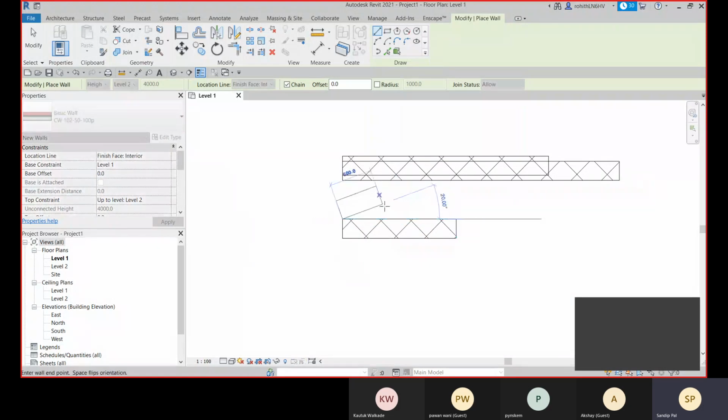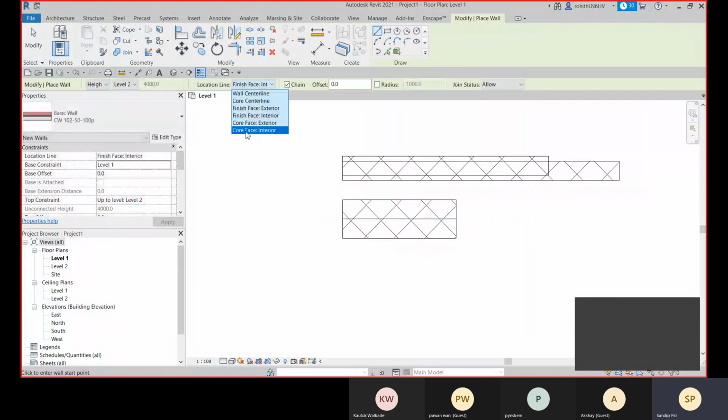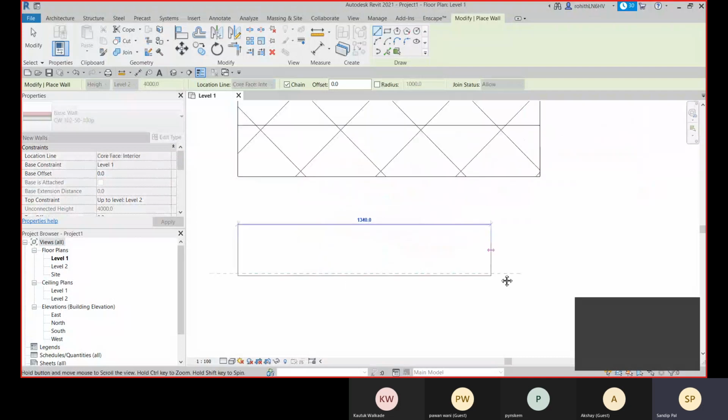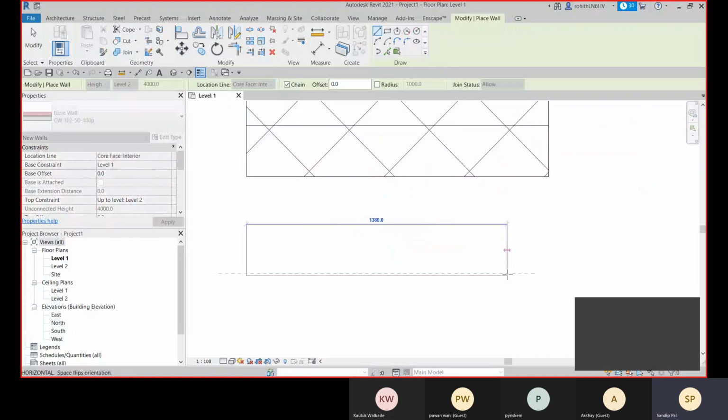This side is the interior side. We have the core face exterior and core face interior. You can see that I'm placing the core face here.